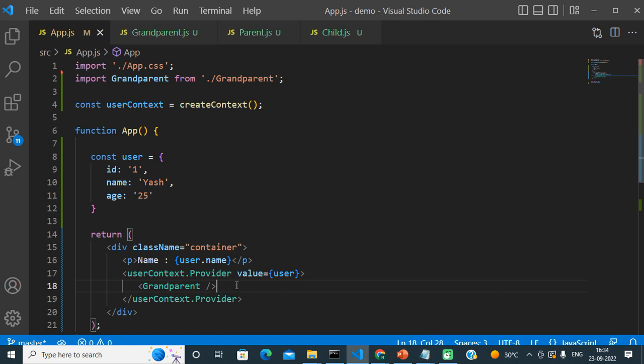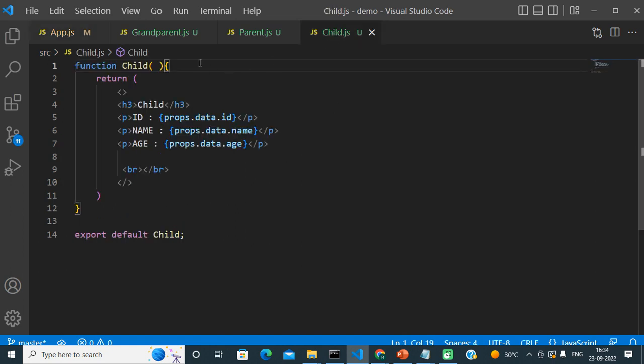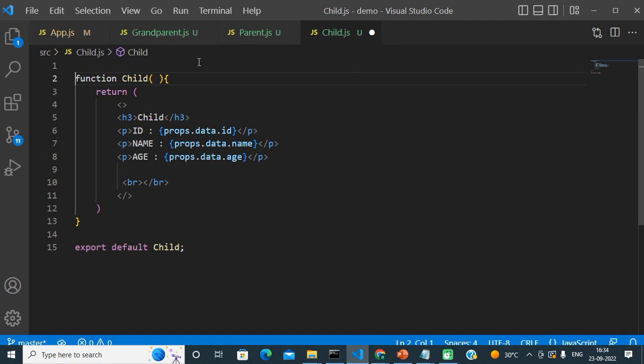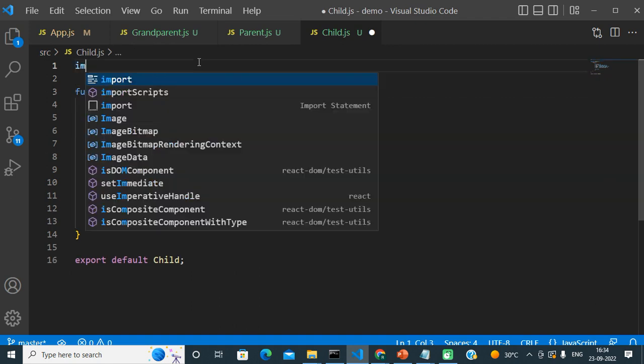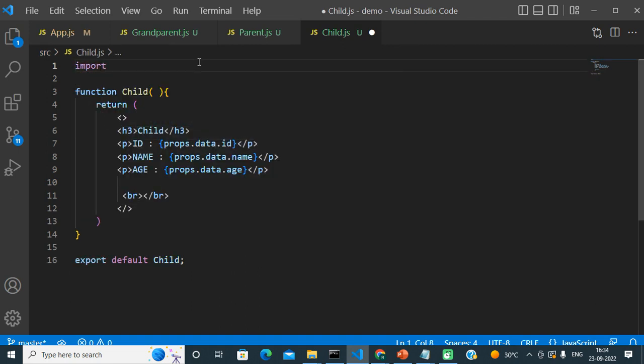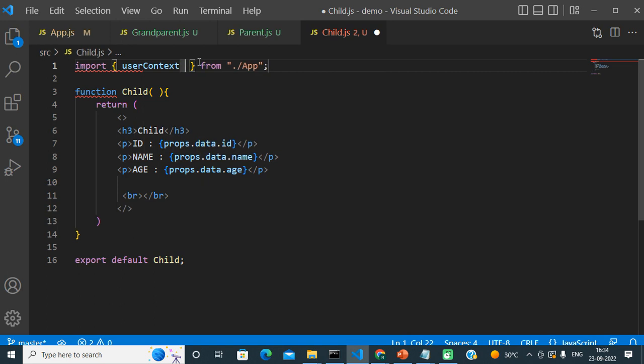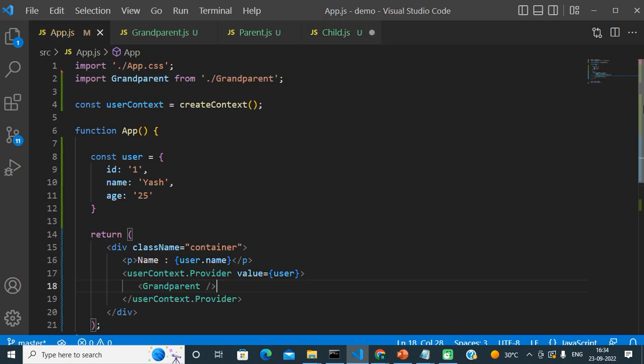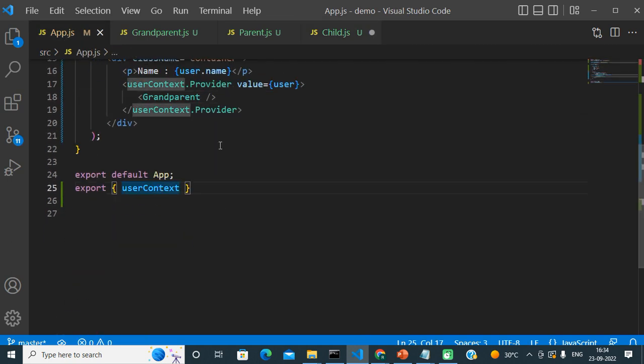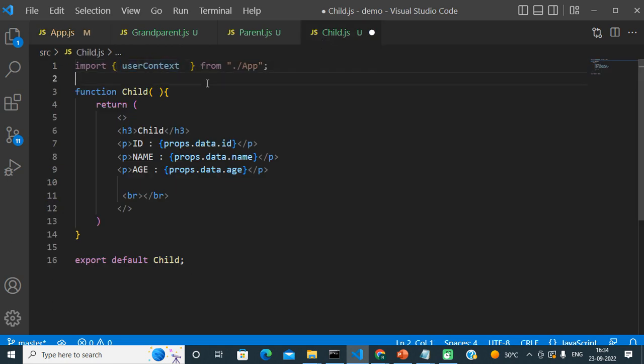Okay, after this friends, now if we want this data in our child component, we just need to import, let's say, user context from app. So you can see from the app component, from the top component we are exporting it, and after that we need to import it.